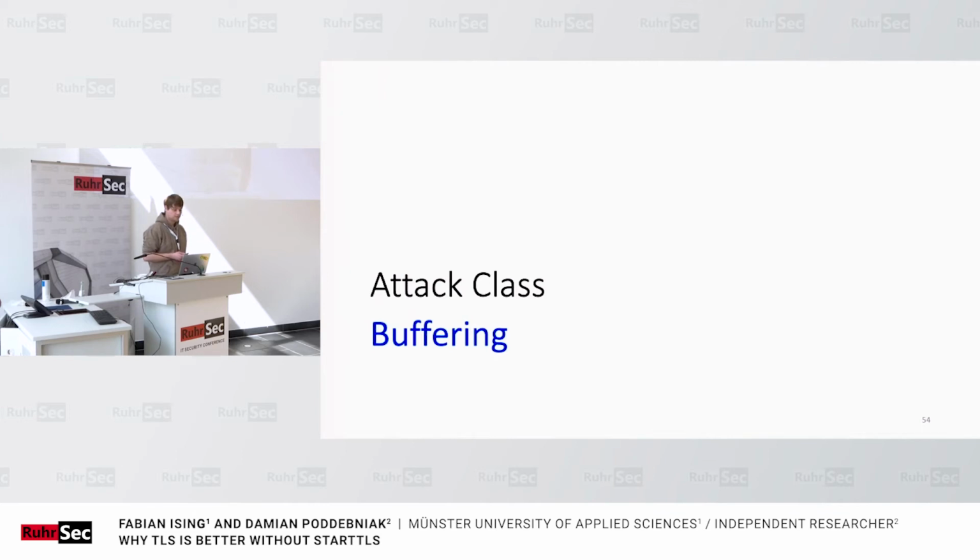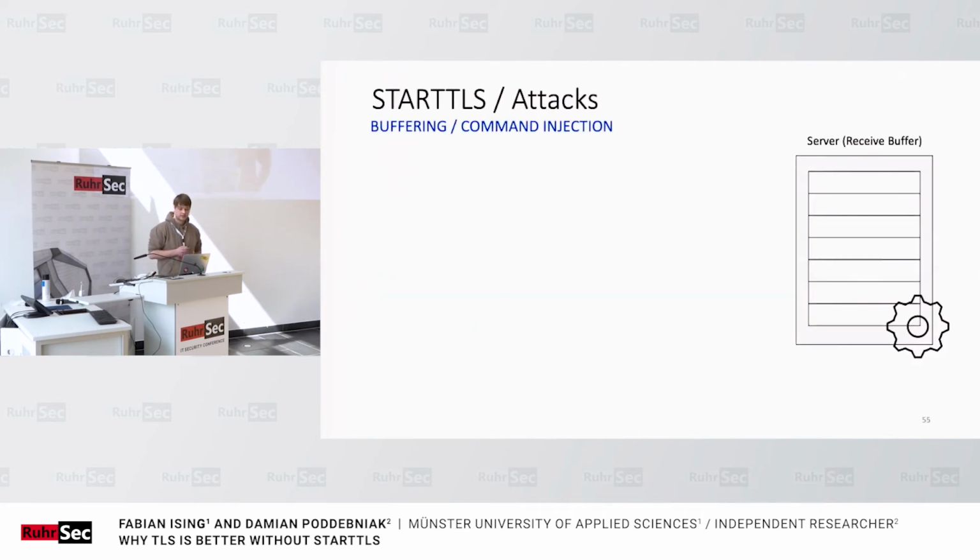And now let's come to the buffering class, which is, in our opinion, the most interesting class of attacks in STARTTLS. Here we have to get into a little bit more detail about protocol handling itself, or in other words, where the data is buffered, where it is passed, and so on. So let's consider now that we are a server. As a server, our first task is to send a positive greeting, which means basically that we are willing to accept new commands from a client.